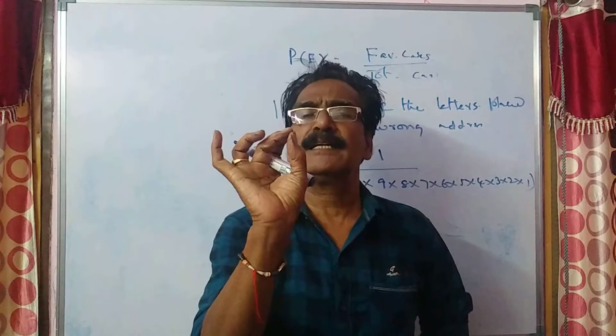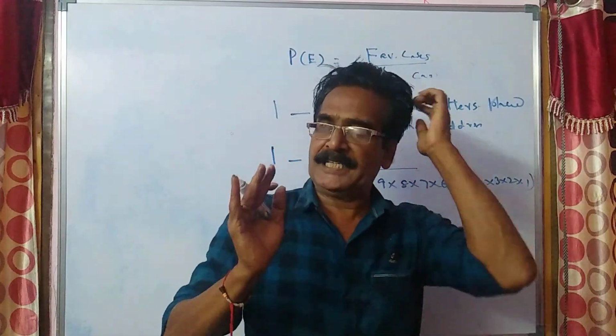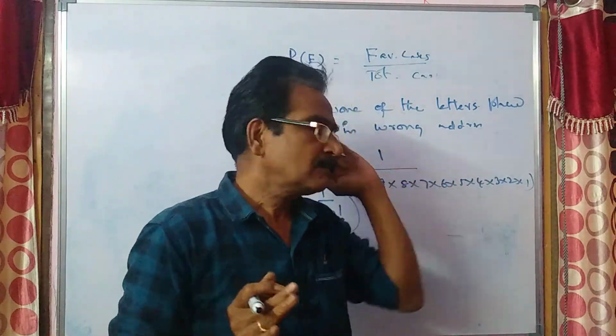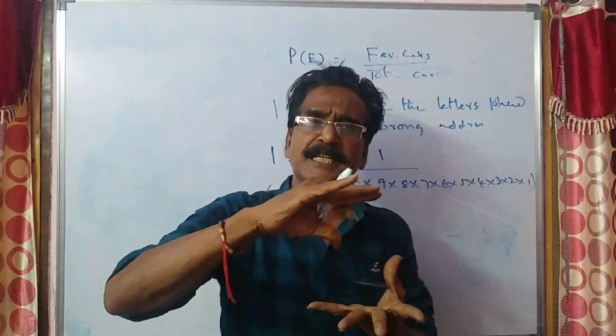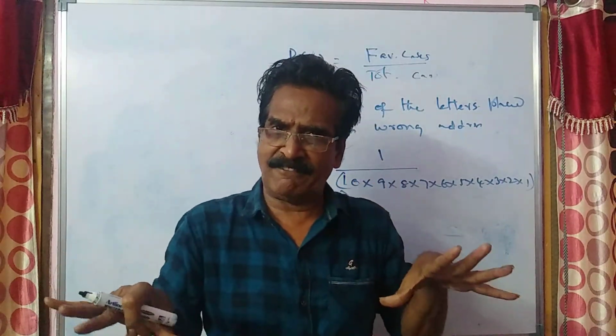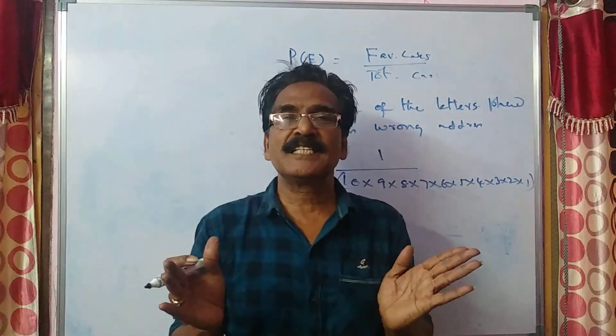So we have to find that probability only. 1 minus all the letters placed in right envelopes. Only one case will be there where all the letters are placed in the right envelopes. 1 by what is the total number of cases? Total number of cases will become